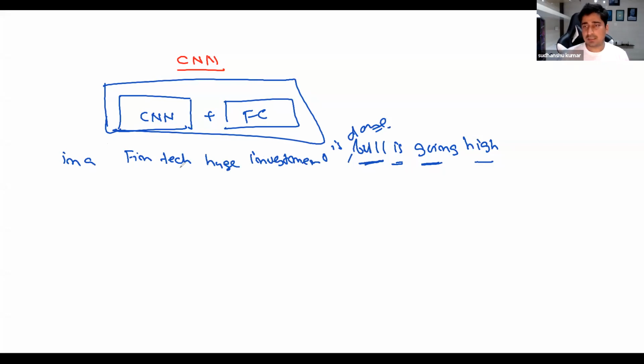If this is a sentence I'm going to give to you, then you will be able to understand the context. If I just tell you bull is going high, out of nowhere, you will think that okay, I'm just talking about some animal, right? Because bull is nothing but an animal. If I talk about a dictionary word, you will understand that it's an animal, right?